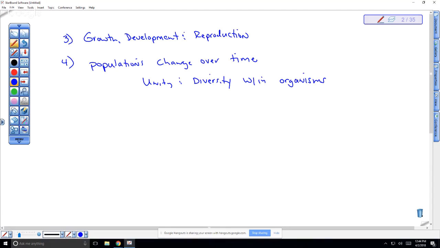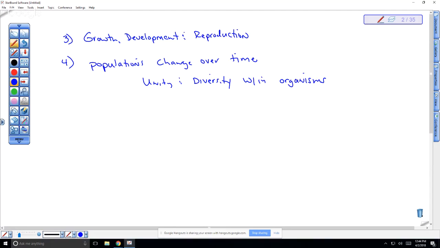So we believe that all organisms came from a common ancestor, and that is why they all use the same genetic code. All organisms are composed of cells that arose a long time ago and that then reproduced and produced